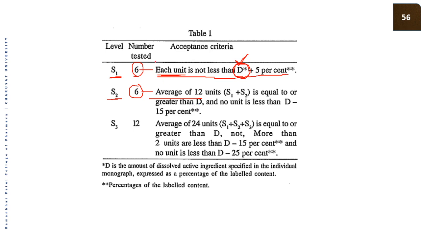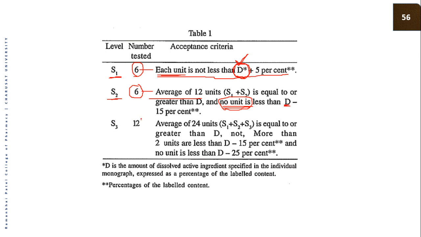So the total average must be equal or greater than this allowed limit, and not a single unit should be less than D minus 15%, right? So not a single unit should lie below 15% of the allowed percentage dissolved limit, right? So this is the criteria, and still if it fails, let's say for example one tablet or capsule lies outside this allowed limit, then we have to go further